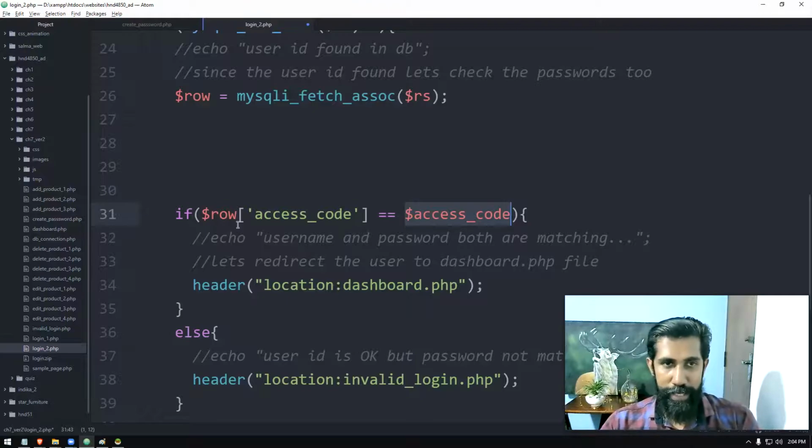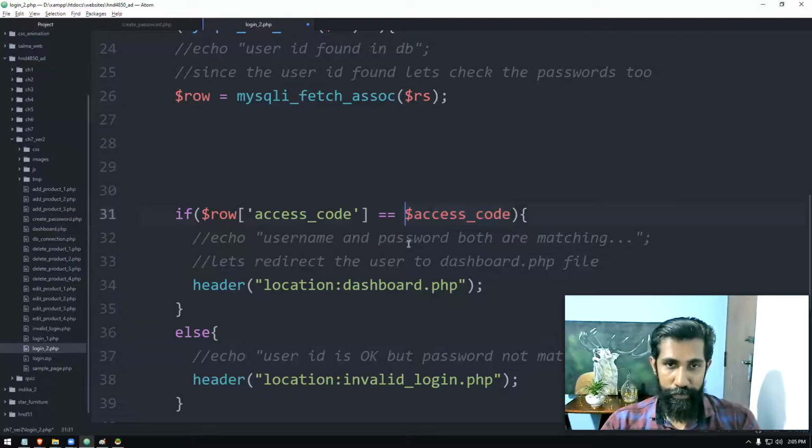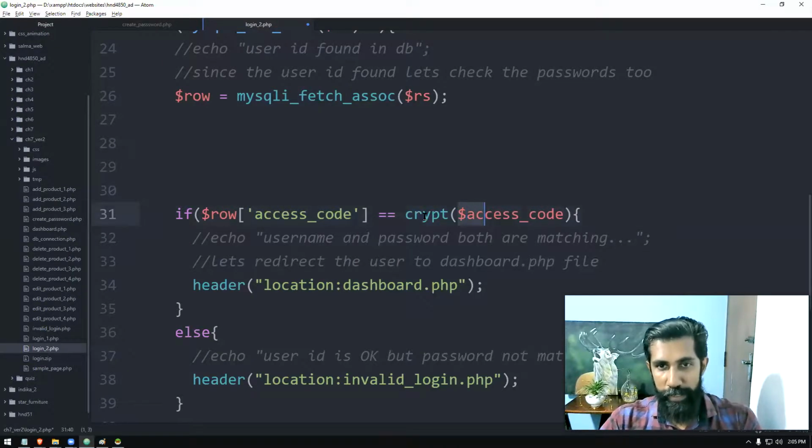Remember that inside this encrypted password, the hash code or that salt value is also used. It is there, so don't worry, you don't have to separately use it. You do it like this. In order to generate that, you use the crypt function again. You know what happens when you use the crypt function? This is what the user types, which is admin actually.